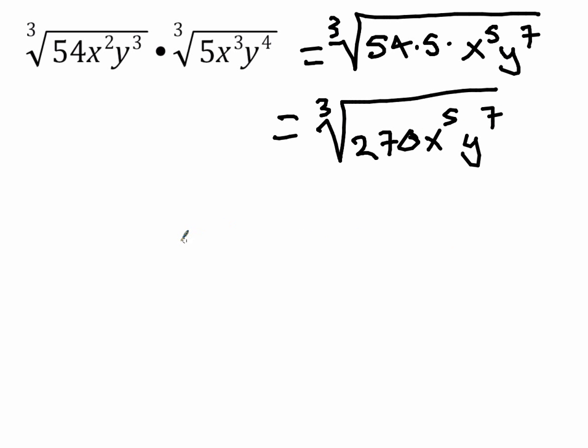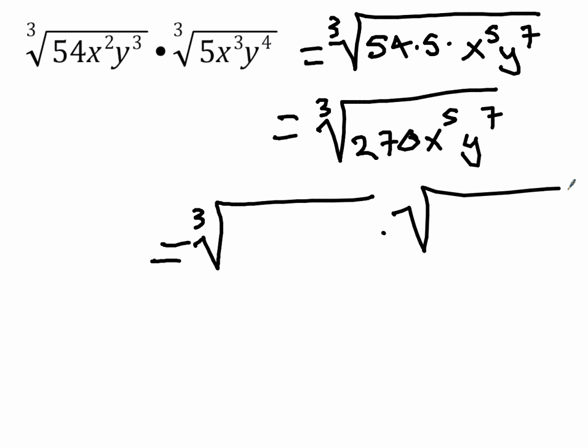And now we can rewrite this as two things that are the product of two cube roots, and we're going to put the things that are perfect cubes over here on the left and the things that are not perfect cubes on the right. So 270 can be written as 27 times 10, and 27 is a perfect cube. X to the 5th can be written as x cubed times x squared, and y to the 7th can be